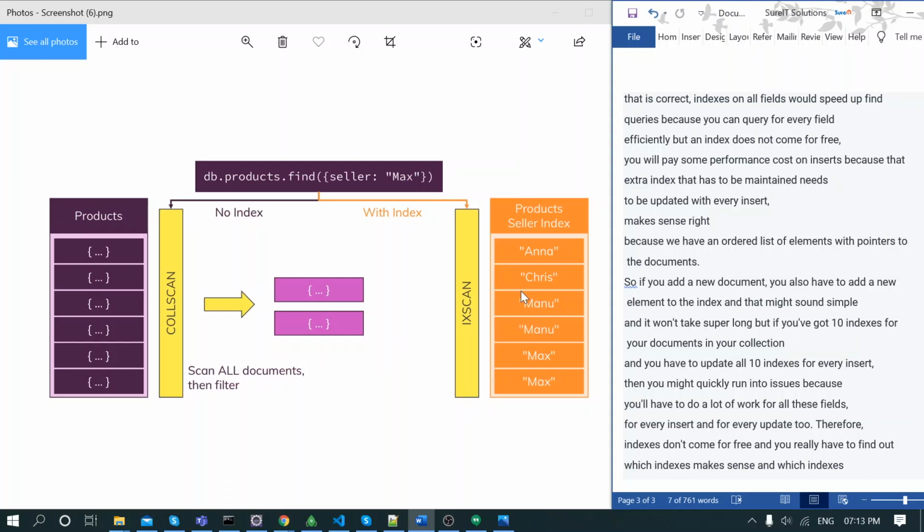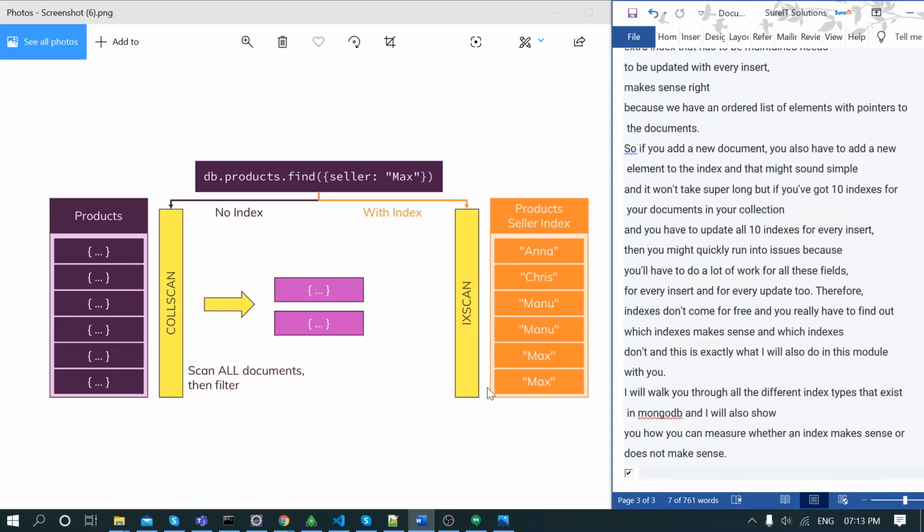That might sound simple and it won't take super long, but if you got 10 indexes for the documents in your collection and you have to update all 10 indexes for every insert, then you might quickly run into issues, because you will have to do a lot of work for all these fields, for every insert and for every update too. Therefore, indexes don't come for free,